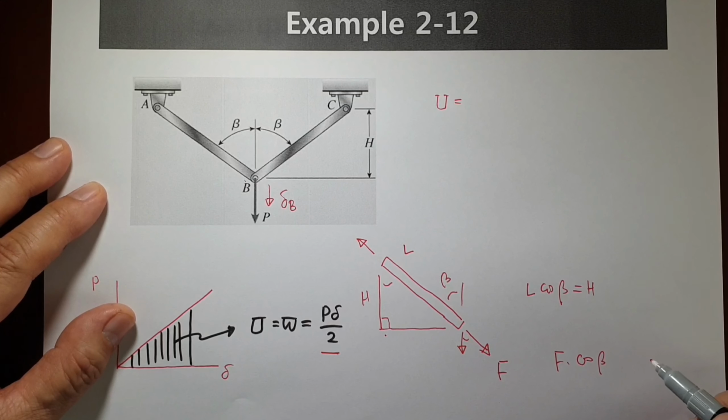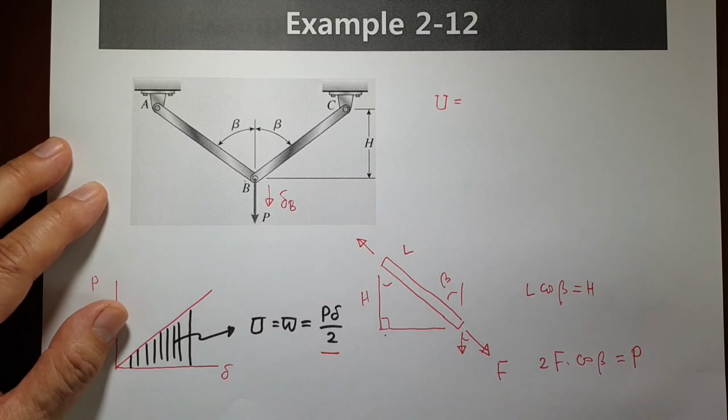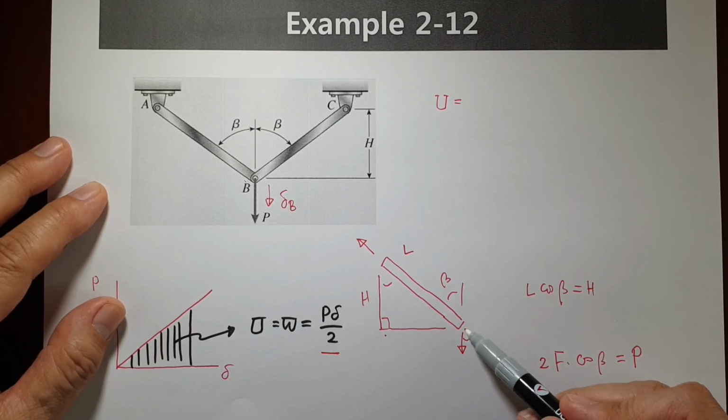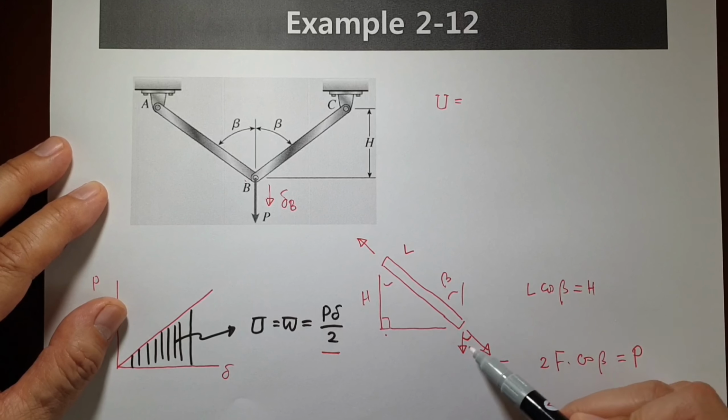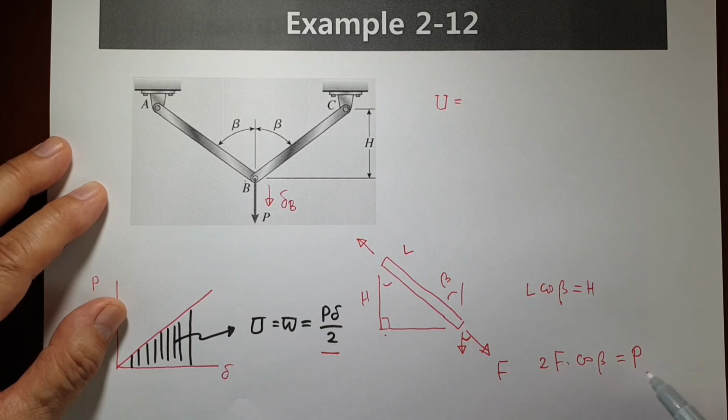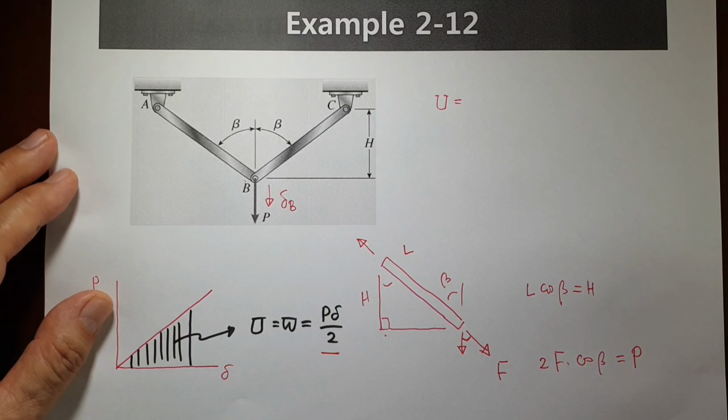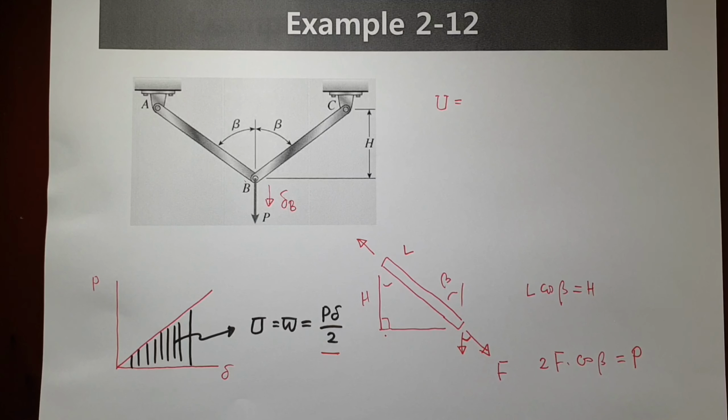This one is F cosine beta. If we have two F cosine beta, this one is what? P value. F cosine beta, this one beta, and this relationship. Okay, we have L